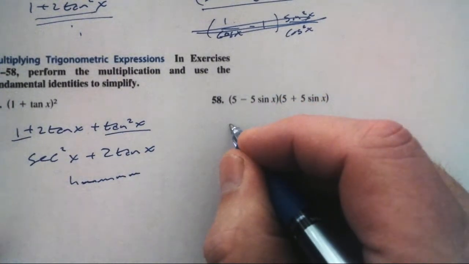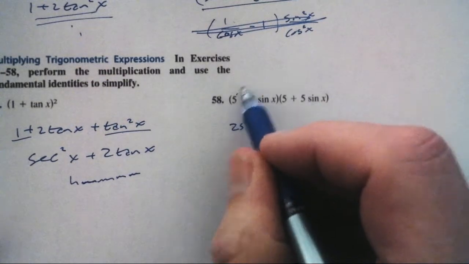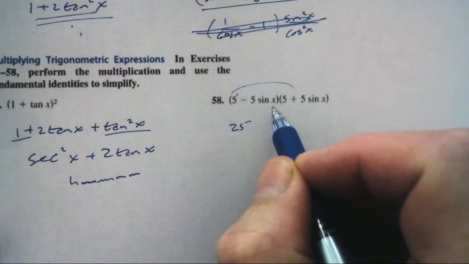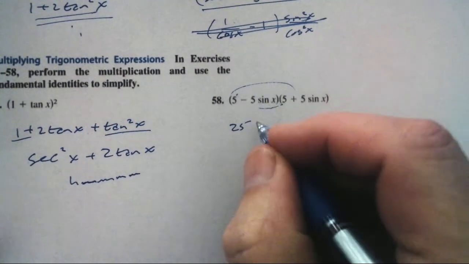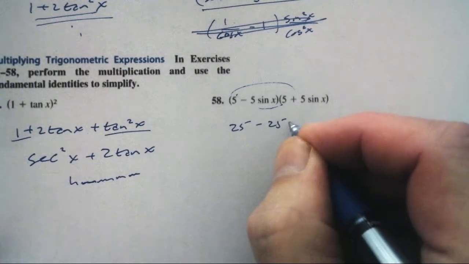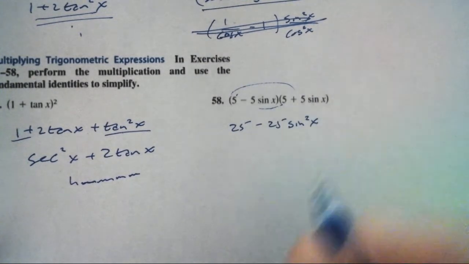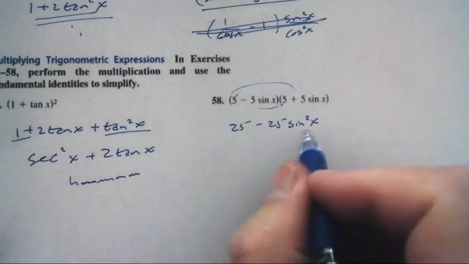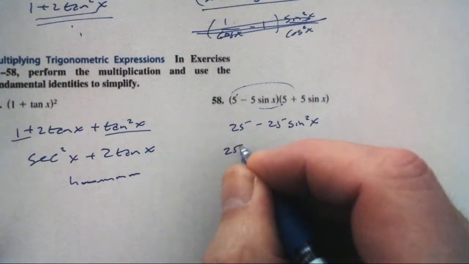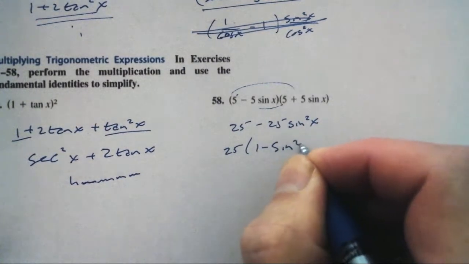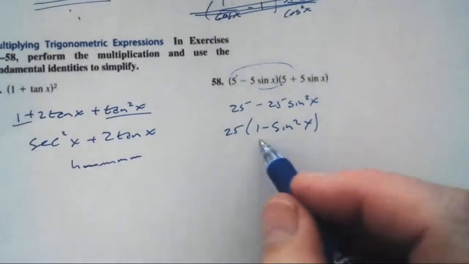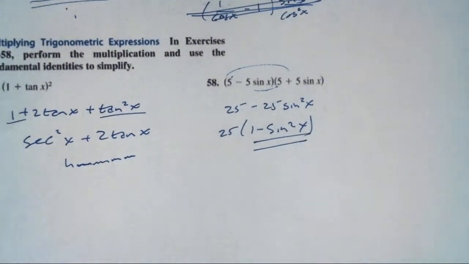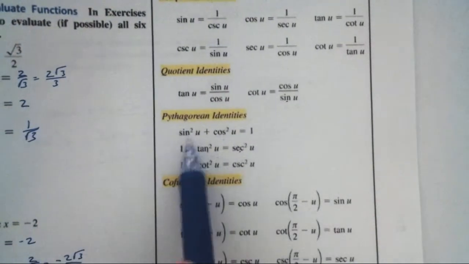Distributing, foiling, I get 25 plus 25 sine x minus 25 sine x, and I get minus 25 sine squared x. All right, well, the 25 is jumping out at me. Let's go 25 times 1 minus sine squared x. And what are we thinking? Pythagorean? Can I get a 1 minus sine squared? Sure enough,